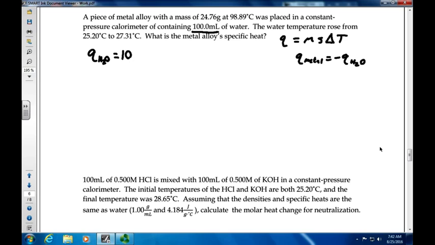So 100.0 grams times the specific heat of water, because we know that, 4.184 joules per gram C,